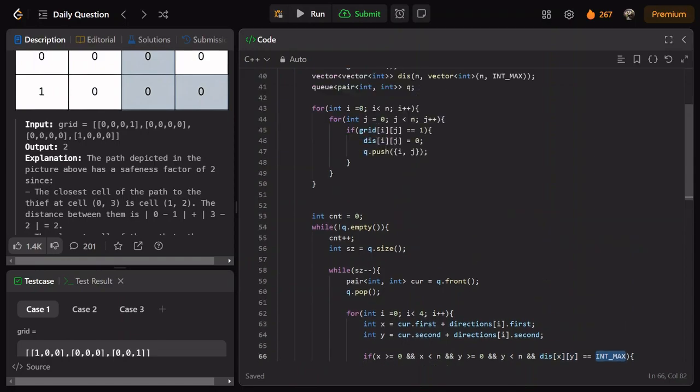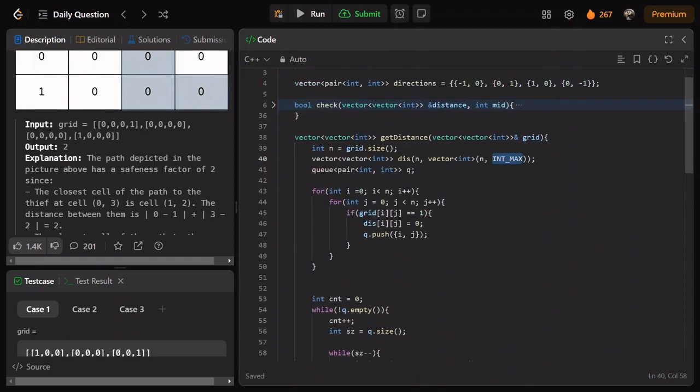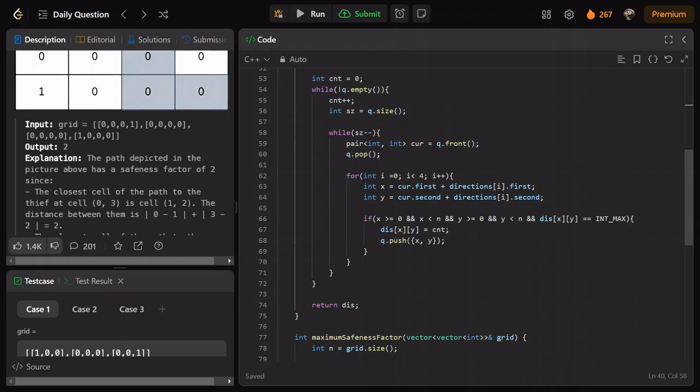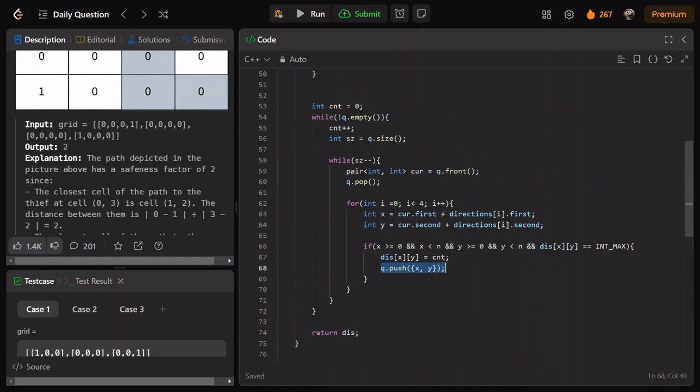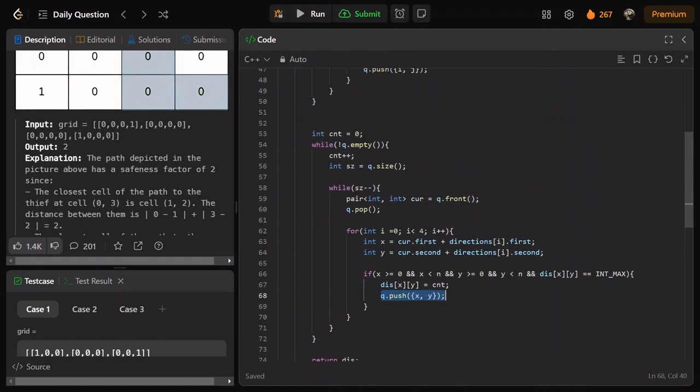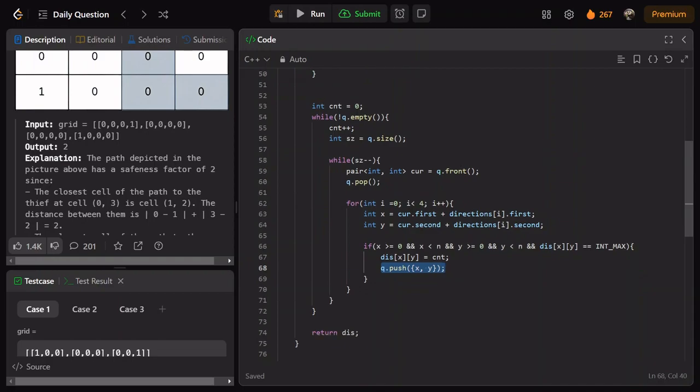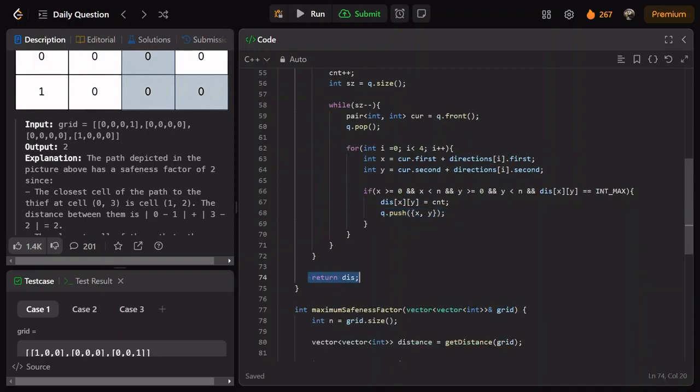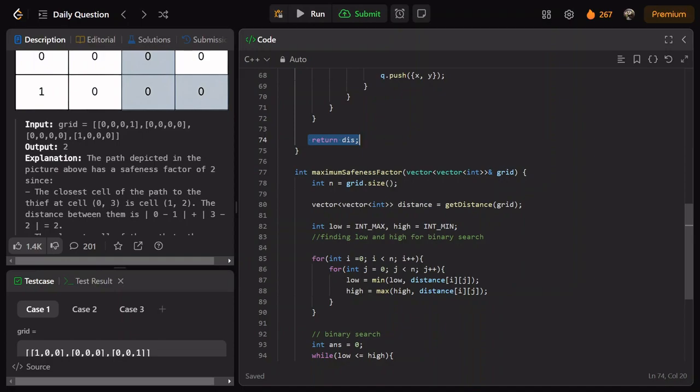Basically, I have taken the default value as int max because that represents not visited. Now, if it is not visited, that means I have to visit it, and I will put the value count in it, and I will push the coordinates in the queue. In this way, I will be generating my Manhattan distance 2D vector, which I'll be returning from line number 74